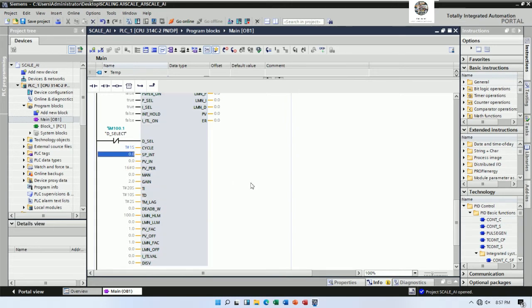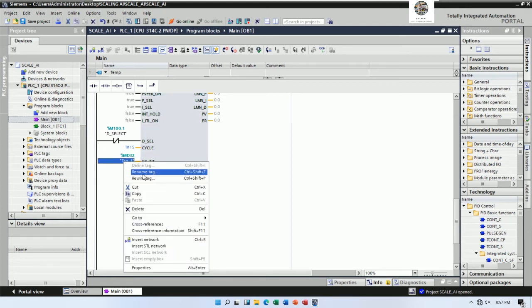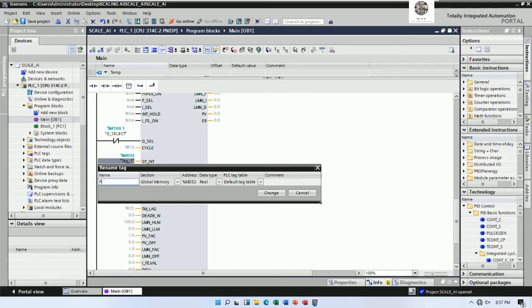Yeah, so it is the real value, so we can use MD, for example MD28 we already used, right? So 32. It is the PID set point,